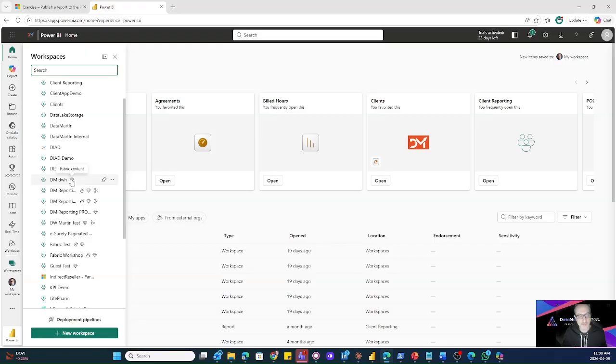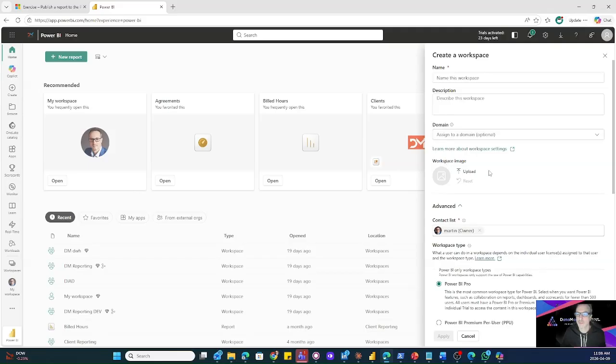Currently, there are two ways to have premium content, but we're switching into only one, that is Fabric. Fabric is the premium content. And if we go into other icons, it says this is using a trial license, and also the workspace is connected to Git. We don't need to go into those things, but it's worth mentioning what they are. So we'll go to new workspace, and we're gonna first upload an image,